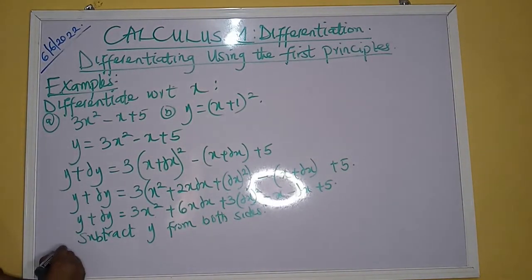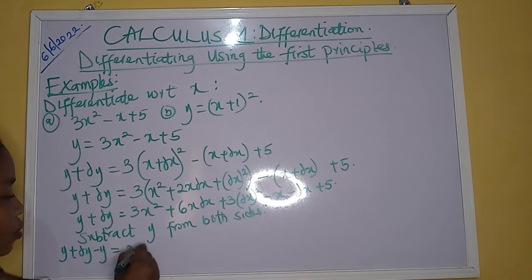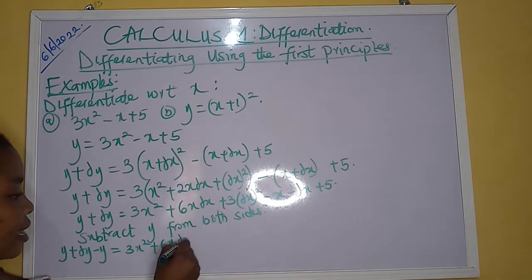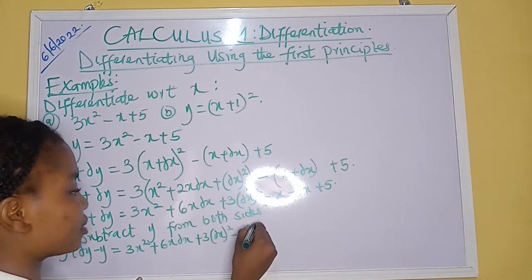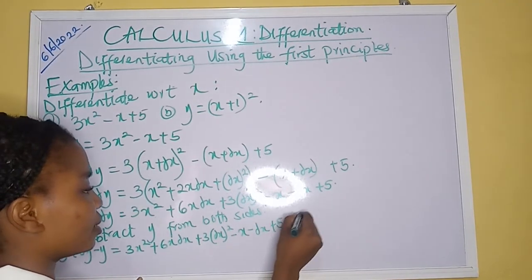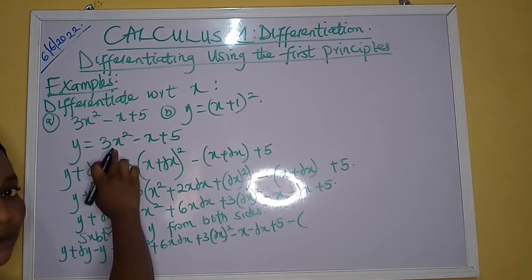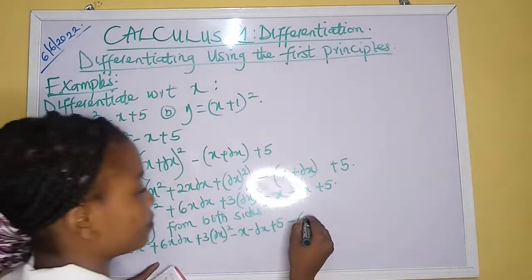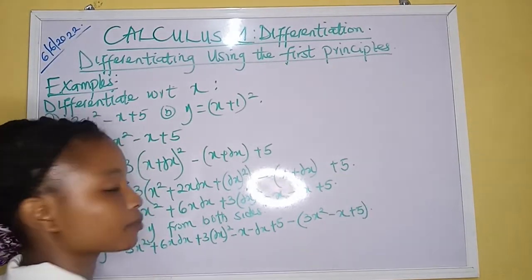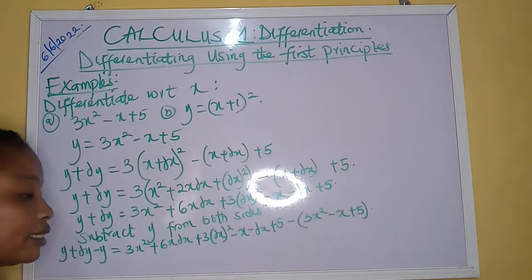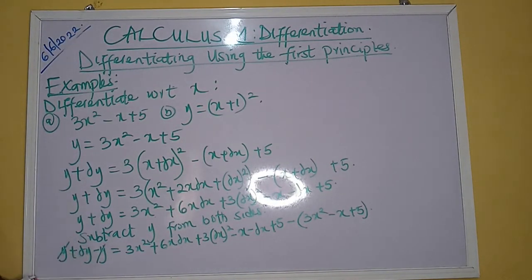And that's where you have y plus dy minus y gives you 3x squared plus 6x dx plus 3 dx squared minus x minus dx plus 5, minus our y, which is still 3x squared minus x plus 5. Do we understand up to this point? Then this cancels this. We have dy equals 3x squared, we're opening the bracket,